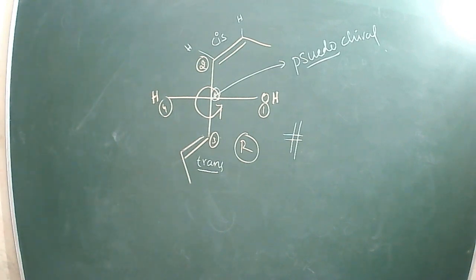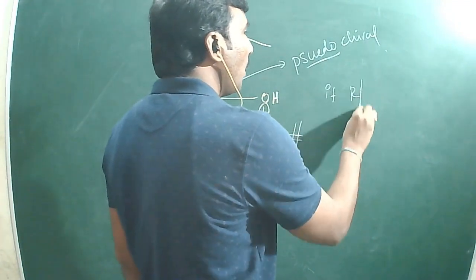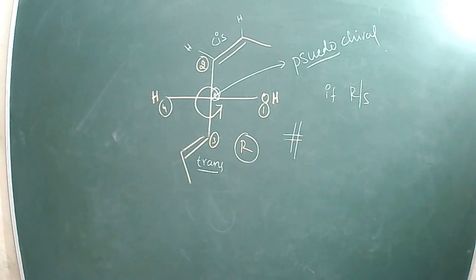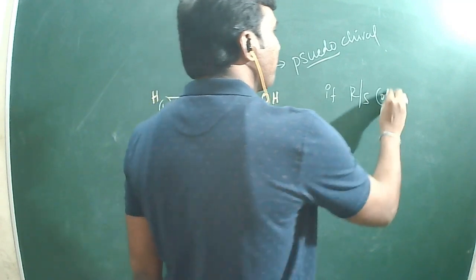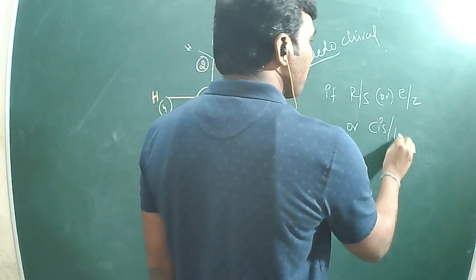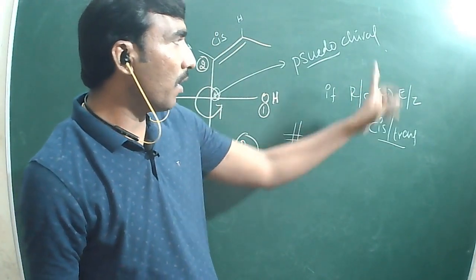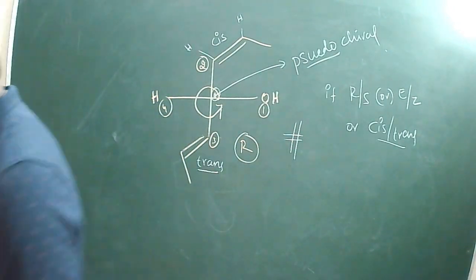Around a chiral center, if R or S configuration, or E-Z or cis-trans are present,